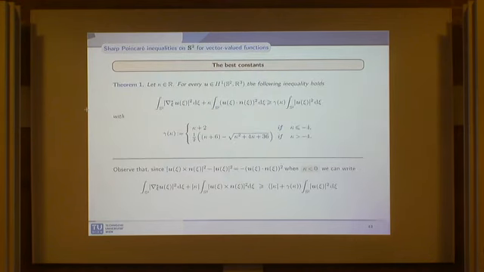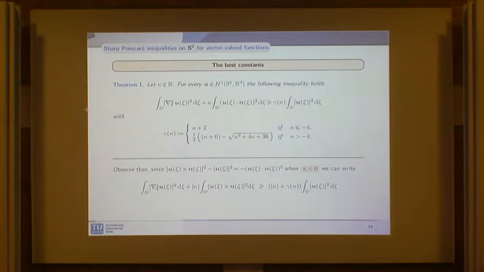For any kappa in R, for every u in H1(S2, R3), you have the following inequality. And the best constant that you can choose here, gamma kappa, is given by this possible value. So for kappa less than or equal to -4 it is kappa plus 2, and then this other expression for kappa greater than -4. This is just a remark that if kappa is less than 0, you can rearrange the equation in a way in which everything is positive on the left-hand side and the right-hand side.